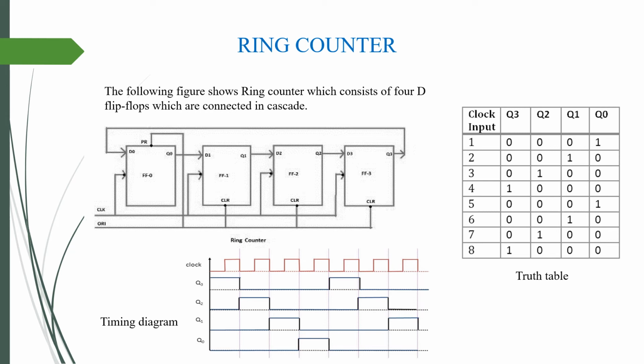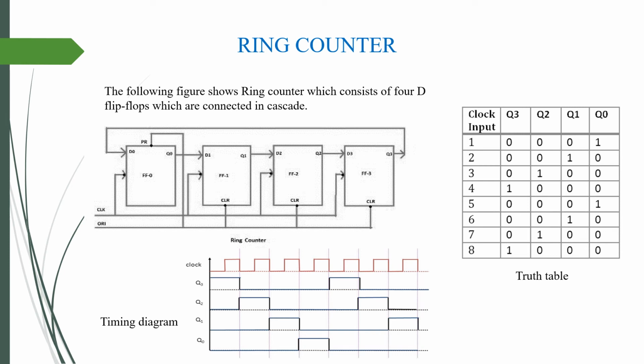So you can see that when the next clock pulse is applied, this data is shifted in the right direction. That means the output Q0 is rotated in the shift register. This is given to input D1, so output Q1 will become 1 now. The data rotates from one flip-flop to another flip-flop.